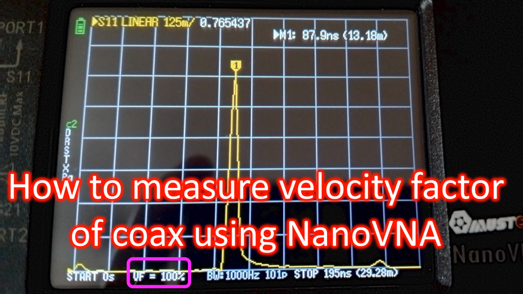Velocity factor is the ratio of the speed of radio wave in the concerned medium to that in vacuum. It is inversely related to the square root of the dielectric constant of the coax insulator. When I measured with velocity factor set as 100%, I got a value of 13.18 meter for the electrical length of the cable. Calculation using the physical length of the cable as 10 meter, I got a velocity factor of